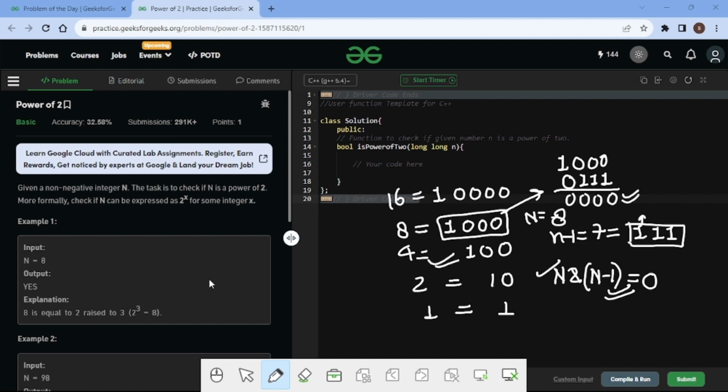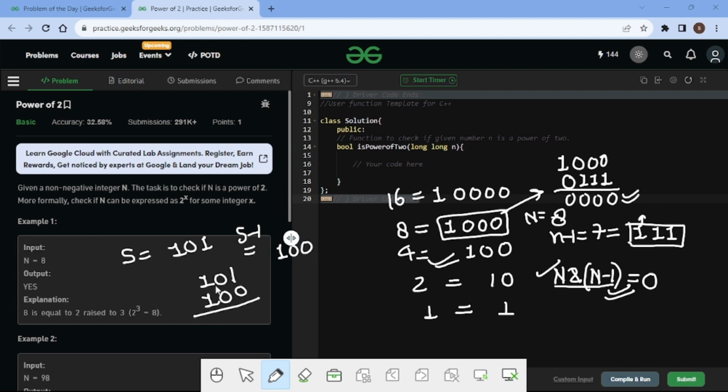Let's take the example 5, which is represented as 101. And 5 minus 1, which is n minus 1, becomes 4, represented as 100.